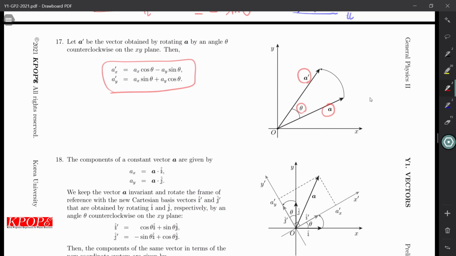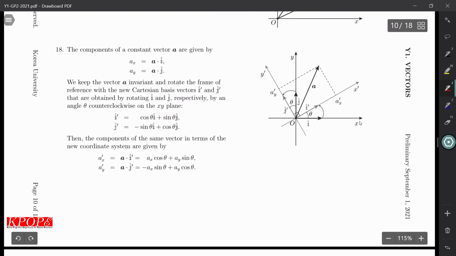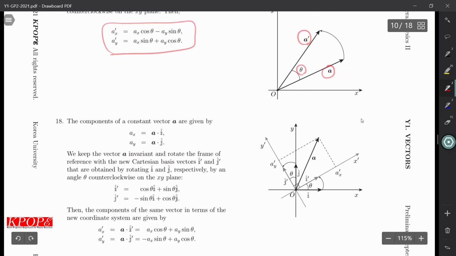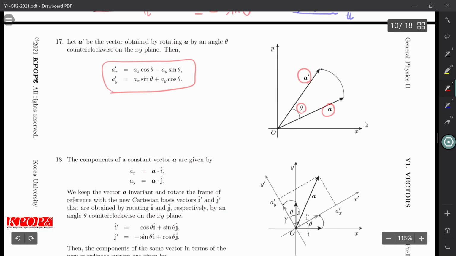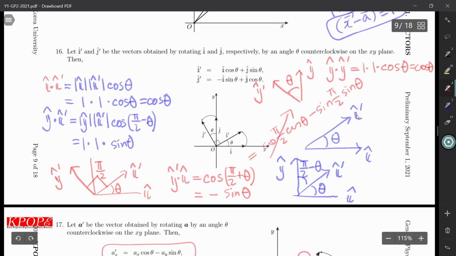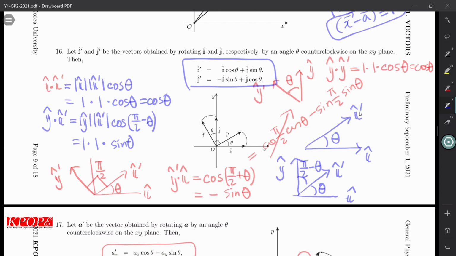It is a little bit tricky, but most of you may have been acquainted with this if you have taken the mathematics course. Let's see. We combine all these results all together to construct this relation. Okay, let's see. I and I prime, they make cosine theta. Okay, if I multiply I